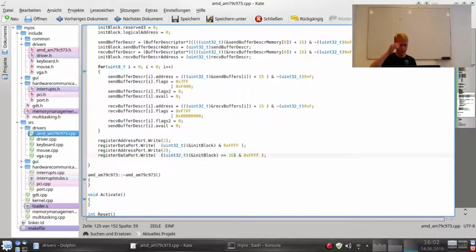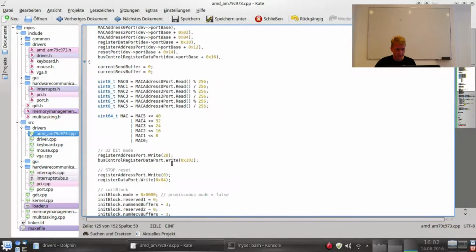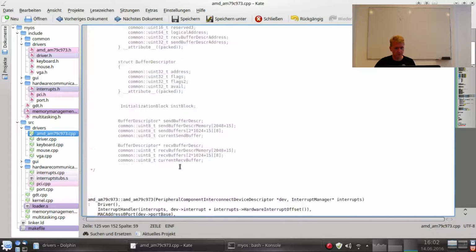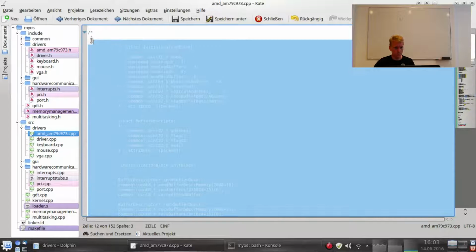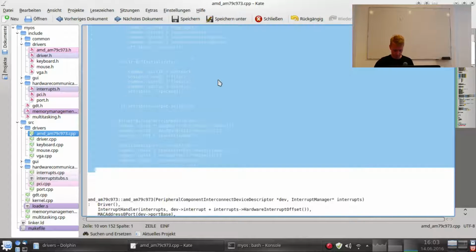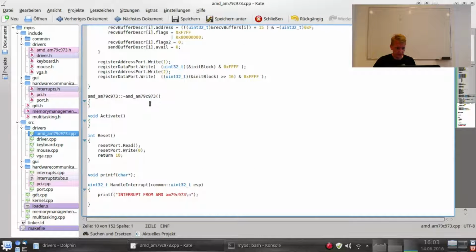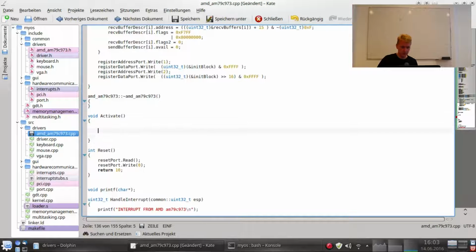Okay, so this should do the initialization. Yeah, I told you it's a lot of code. And we aren't actually even finished, so this is only in the constructor. Now in the activation method,